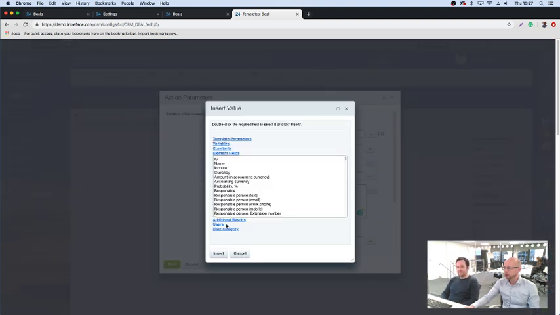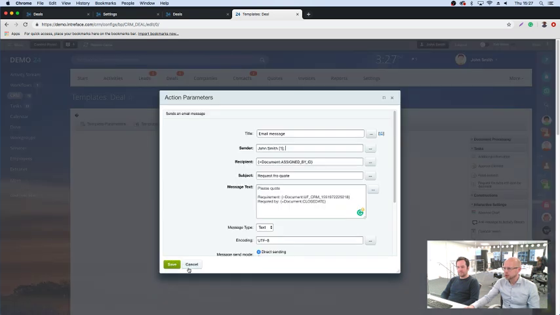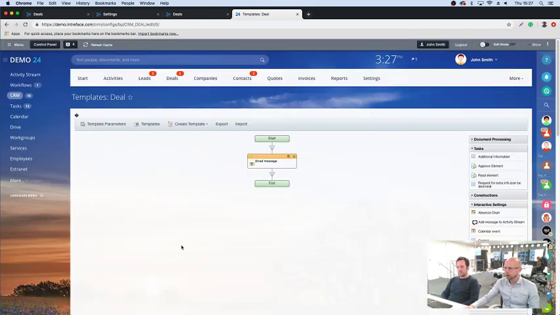Sender, users. Let's put in John Smith as the sender, which is the user I'm on here, and that really is it. I think we'd have to specify the recipient's email addresses. We could pull that in also, but essentially, this will work. Let's just try it. Let's save this